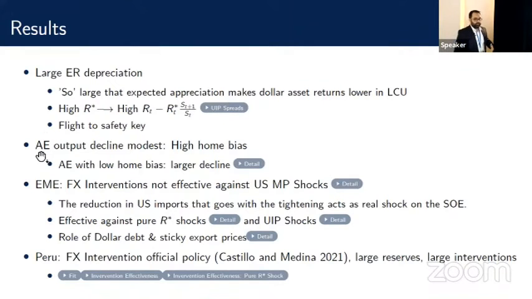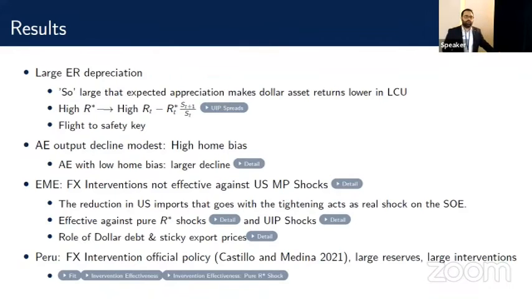In our estimated model, advanced economy output decline is modest, and high home bias is somewhat responsible for that, as well as dollar debt. Advanced economies with low home bias generate a larger decline, and we have this. But our result, we were really surprised to see that in our estimated model, FX interventions are not effective at